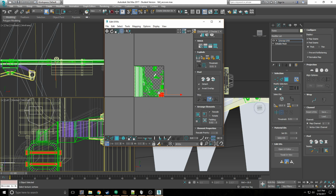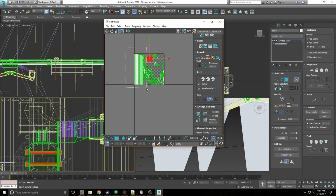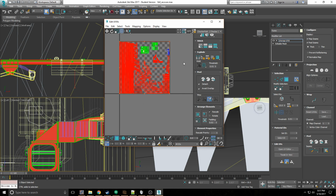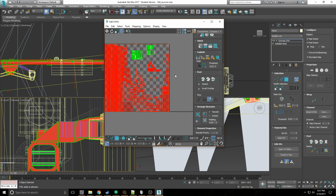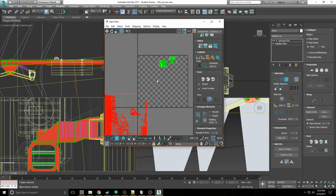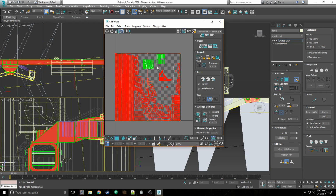And nothing can overlap, so I'll set this here. Select all of that. Hold Control while selecting those. And that. And just make sure that I've got everything. I think I do. If I move it, yeah, I've got everything. Okay. I've got this, so